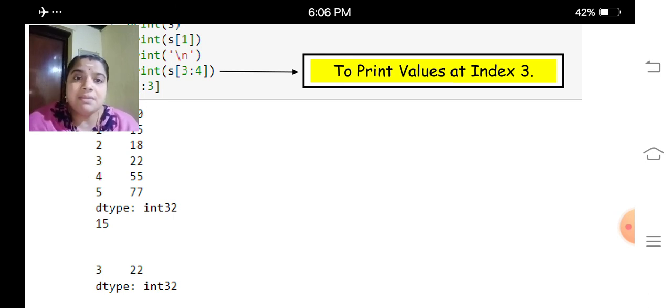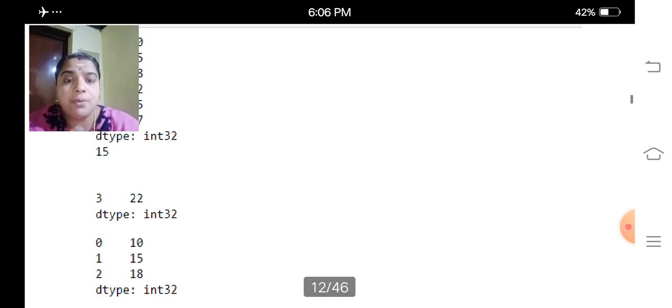Then the next one, print s of 3 colon 4. It will take only the third index, so we got 22. In the third index, we are getting 22 as the original value. And the last output, it will take from the index 0 till 2.